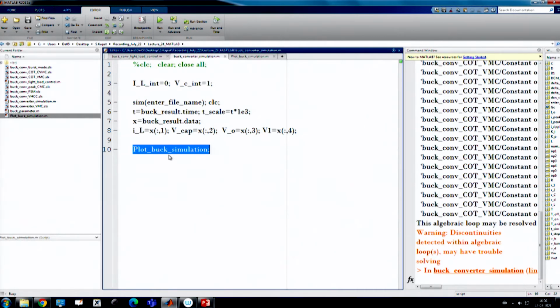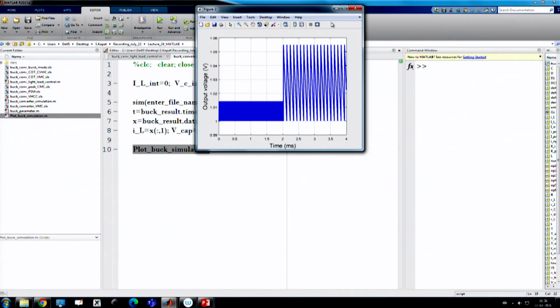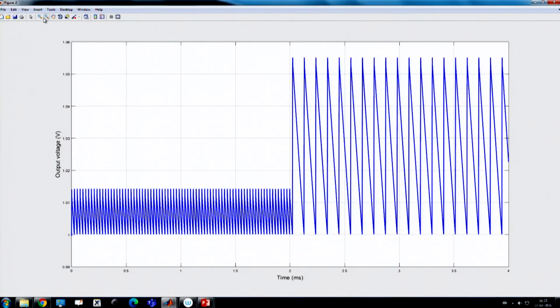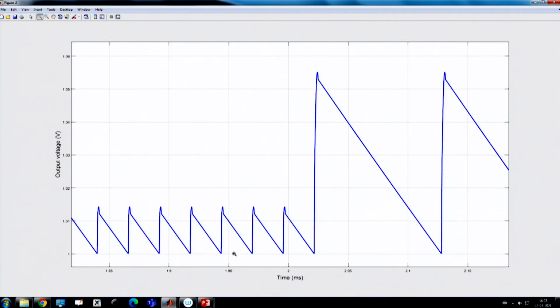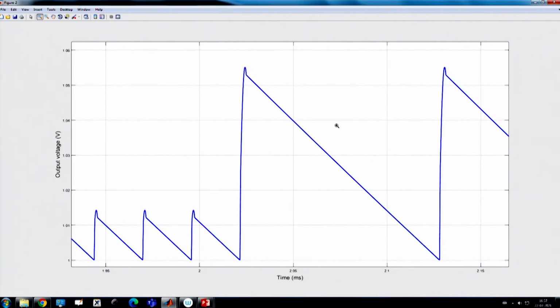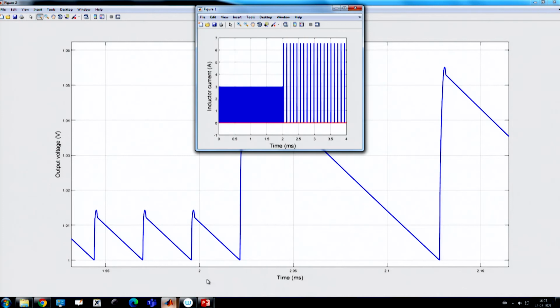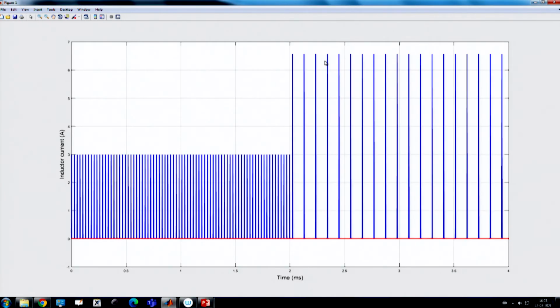I have increased the input voltage from 6 volt to 12 volt. You see that due to the increase in the input voltage, the ripple has increased significantly and it has a quadratic effect, which goes beyond the ripple specification and may violate it. So, this is not acceptable.